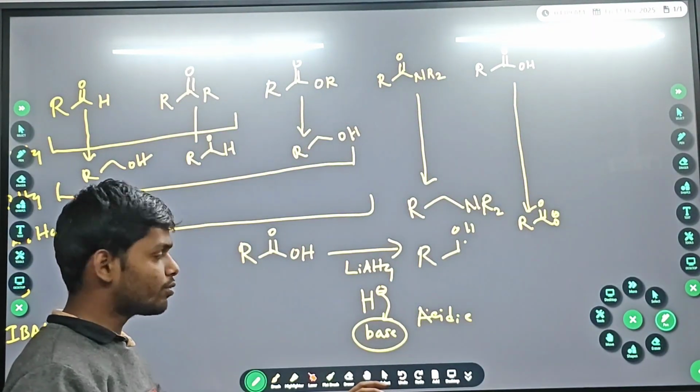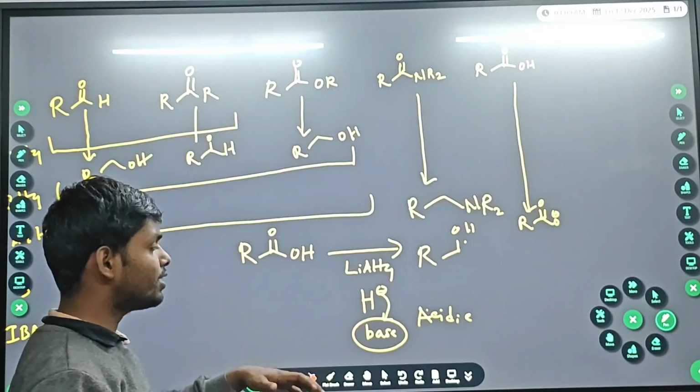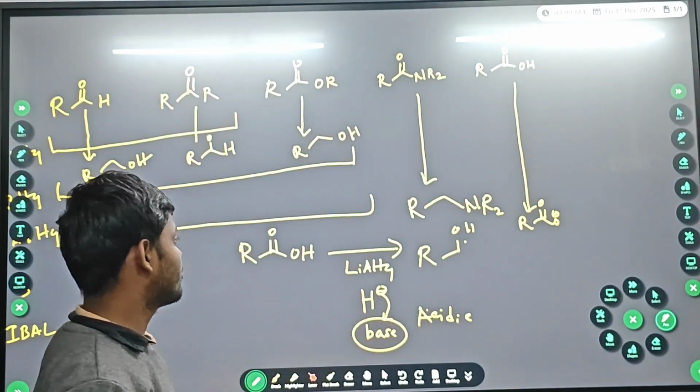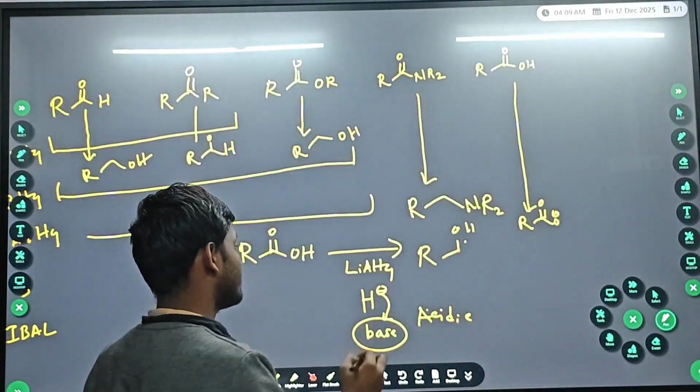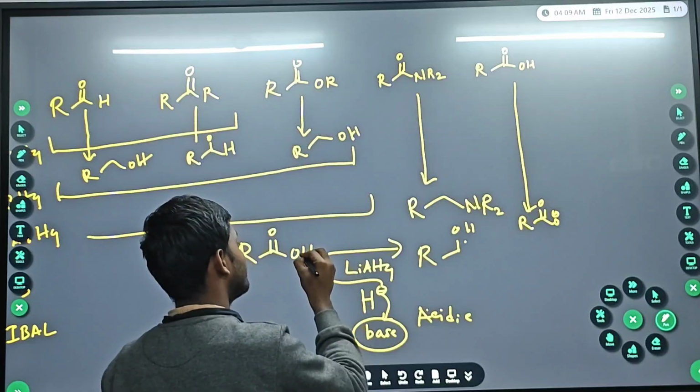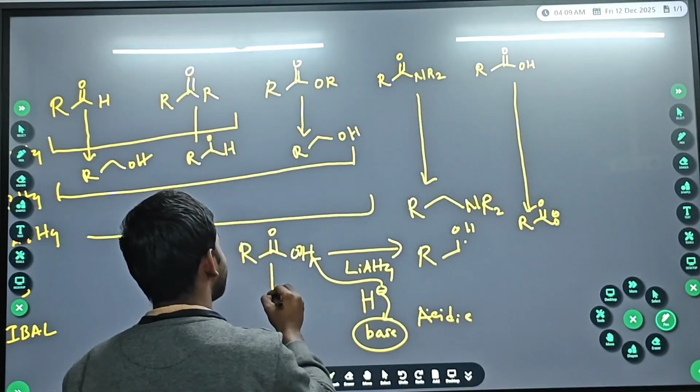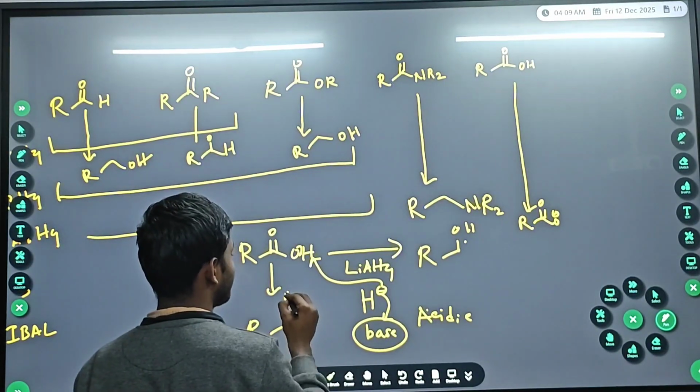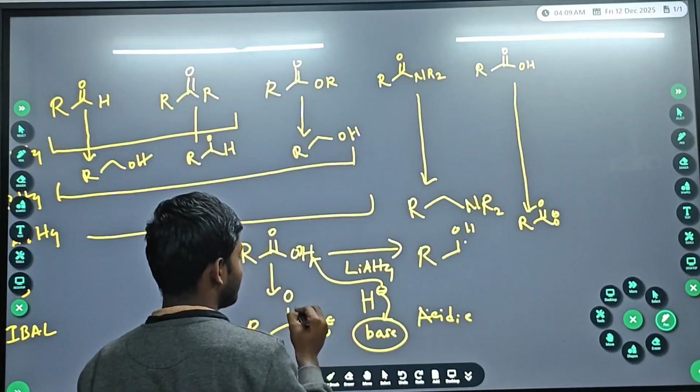Then after the acidic proton is removed, it will do some further reaction. So in this reaction, the first criterion is the acidic proton. It will abstract the acidic proton and make a carboxylate ion,